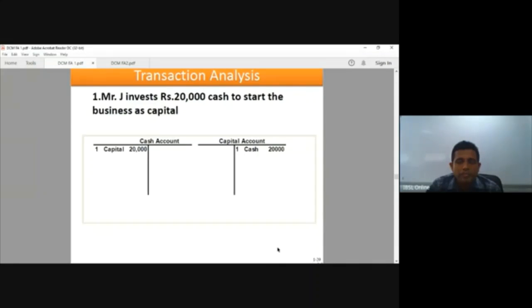Now we have debited the cash. We have 20,000 worth of cash in the cash account, and similarly the capital account also has 20,000 on the credit side. Every debit, every credit that you put in the accounts in a business organization should have a valid reason. When you debit the cash, that is because of an asset increase. When you credit the capital account, that is because your equity also got increased. Right. Next one.